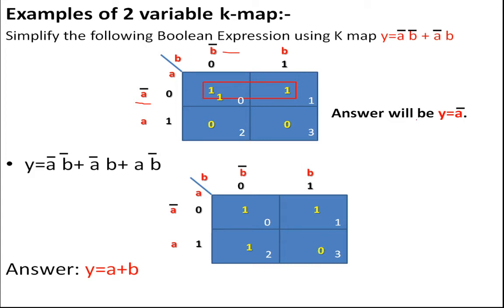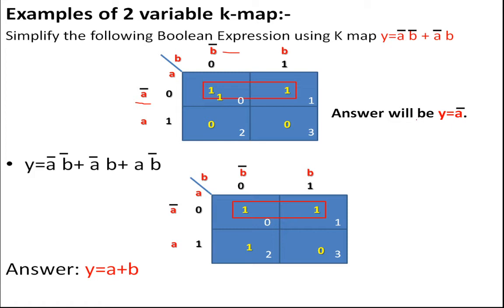Cell number 3, as it is not a part of the Boolean expression, is going to be 0. So we are not going to group zeros. Hope you remember the rules. The cells which have ones, and if they are adjacent to each other, we are going to group them. So first check out the maximum grouping. Here the maximum grouping can be 2, because cell number 3 doesn't have a 1, otherwise we'd have a 4 cell grouping. So maximum grouping here is 2.